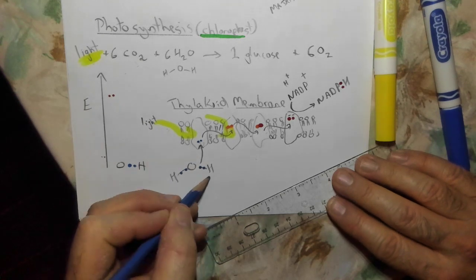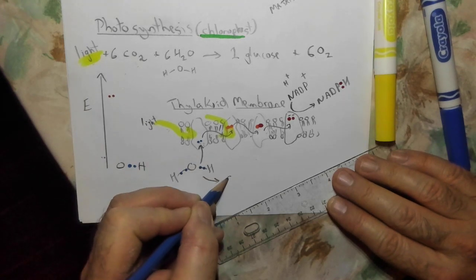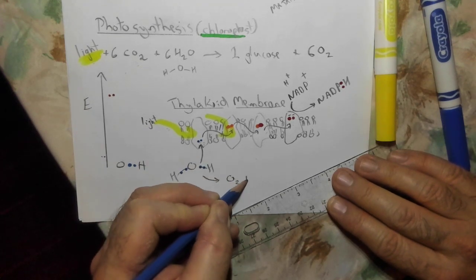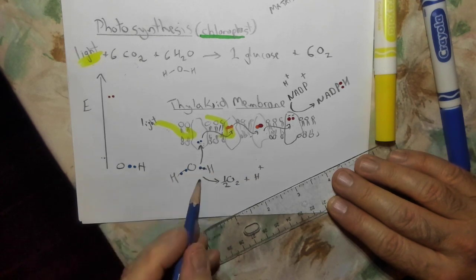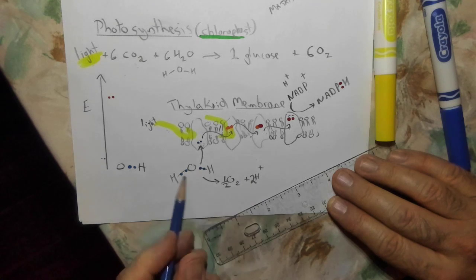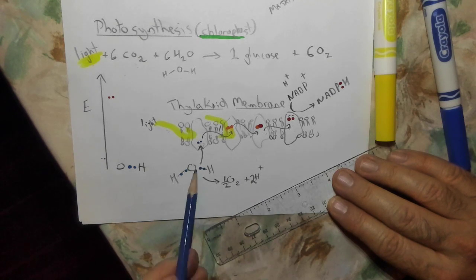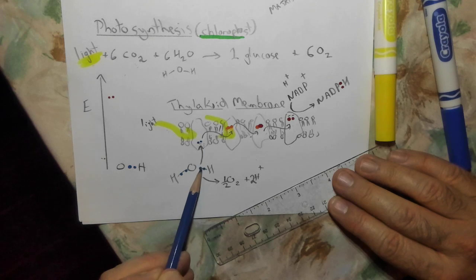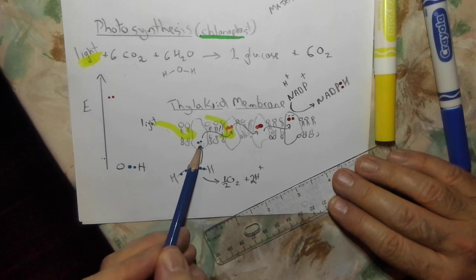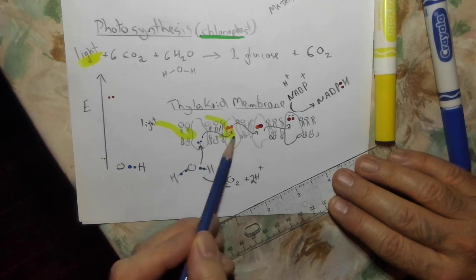When that happens, what's left over is oxygen and some H pluses. So an oxygen, half of an O2, plus two H pluses come out, and this process is the oxidation of water. It's losing electrons. Electrons are leaving water and going to the first protein, and then they get shuttled and